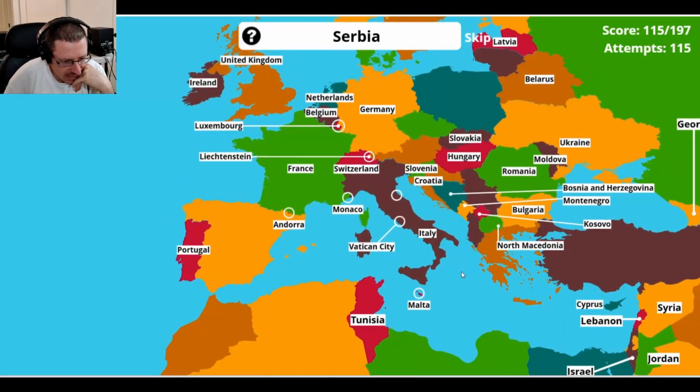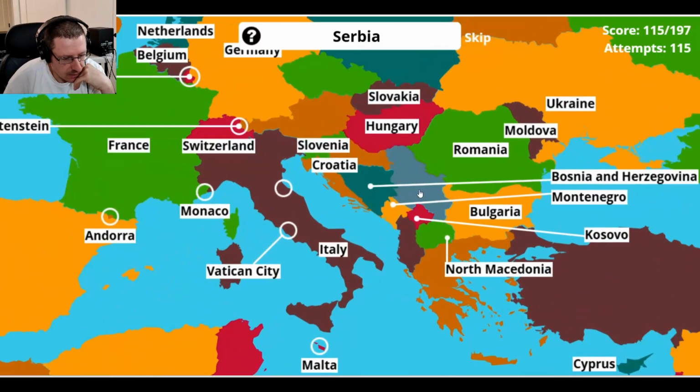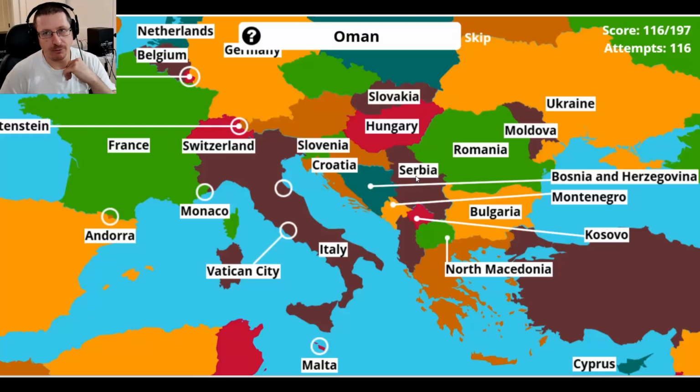Serbia. Serbia is located right here. It's right above Kosovo. Serbia. And they are a major player in the Raspberry game. I don't think they produce the most. I don't know where the most is. It might be Russia that produces the most. I don't know. I'm not even going to start guessing. I don't know where it is, but Serbia is a major player in the Raspberry game.